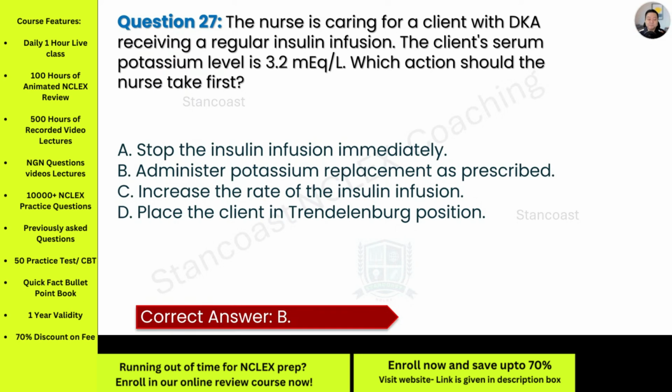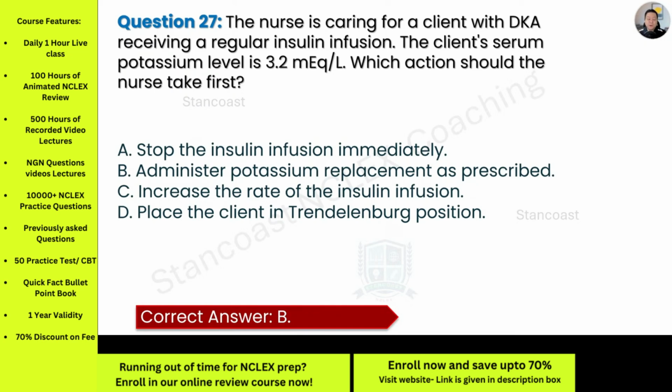So your priority here is to administer potassium replacement as prescribed to correct the hypokalemia and to prevent the life-threatening cardiac dysrhythmias. If you selected letter A, stop the insulin infusion immediately, it is incorrect because this should not be disrupted, especially since you're treating the patient with DKA, which is the underlying issue that requires continuous insulin to reduce their elevated blood glucose and to correct the ketosis. This infusion should continue, but the potassium replacement should also occur